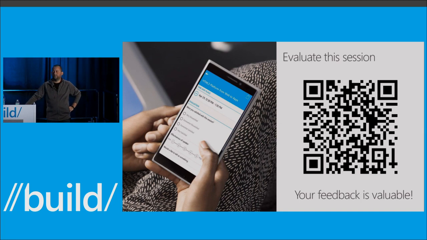Anybody else? No? Awesome. Okay, go ahead. My question might have to do more with background tasks than notifications, but is there a limit on how often you could run your background task to update your tile? Like, say there's a push notification being sent out every minute for an hour, maybe like a sports app, where a game's going on, we want to keep updating the score. How often can we update, and are there any restrictions?